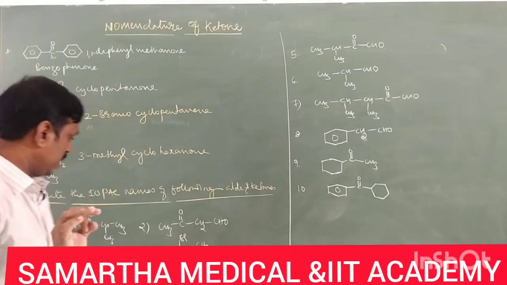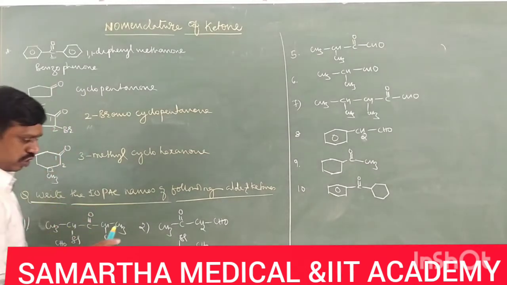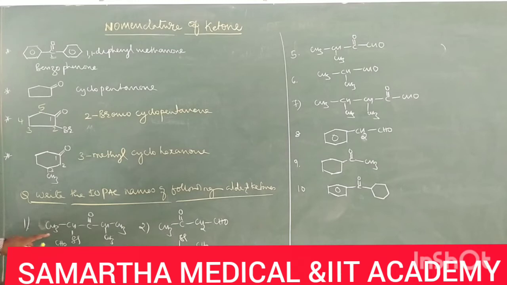Okay, here I would like to explain 1-2 examples so that I hope you can write all. The first one I hope you can write, it's only a ketone, but bromine is there, methyl is there, right? Bromine is at the second position from this side, methyl is at the second position from the other side. So therefore give the numbering from the side of bromine. So it is 2-bromo-4-methyl. As usual you can write pentane-3-one.